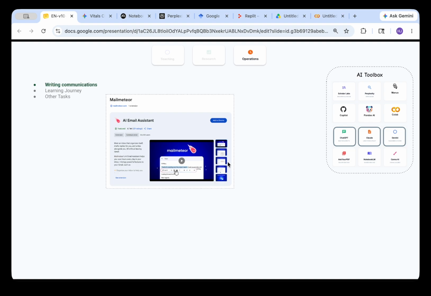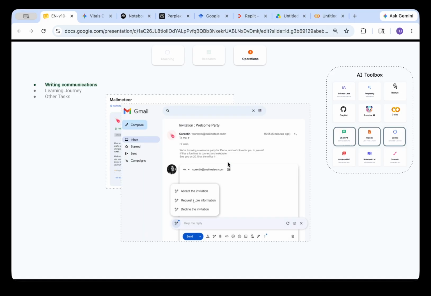You can use free tools such as Meteor, which is really helpful, and it can help you just to rephrase or reply to emails quickly. You can see here the tool which I mentioned, in Gmail,